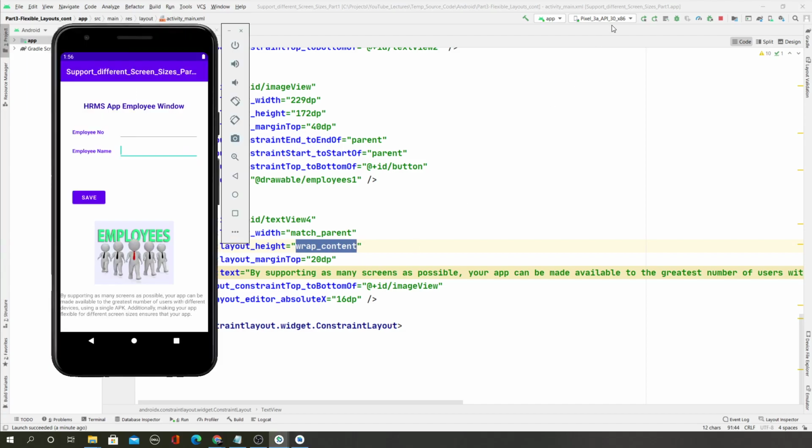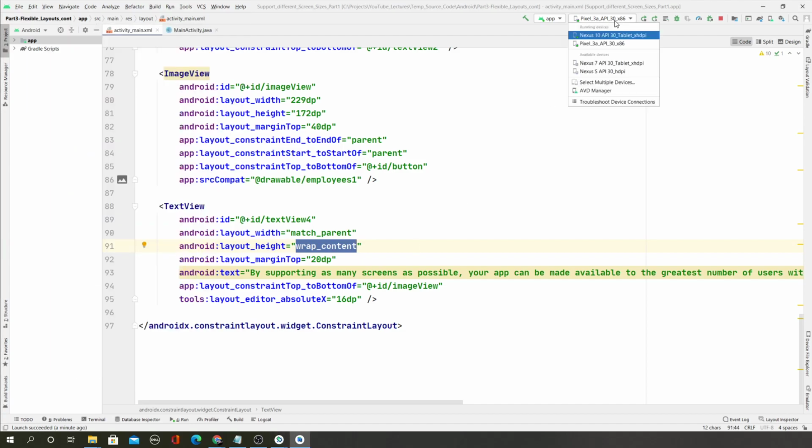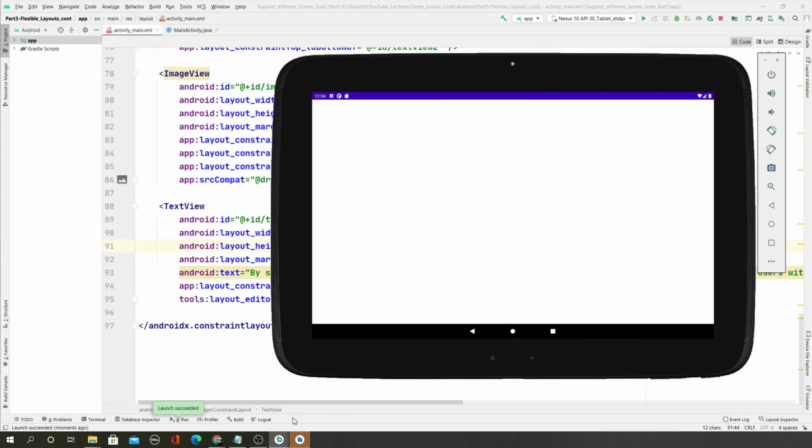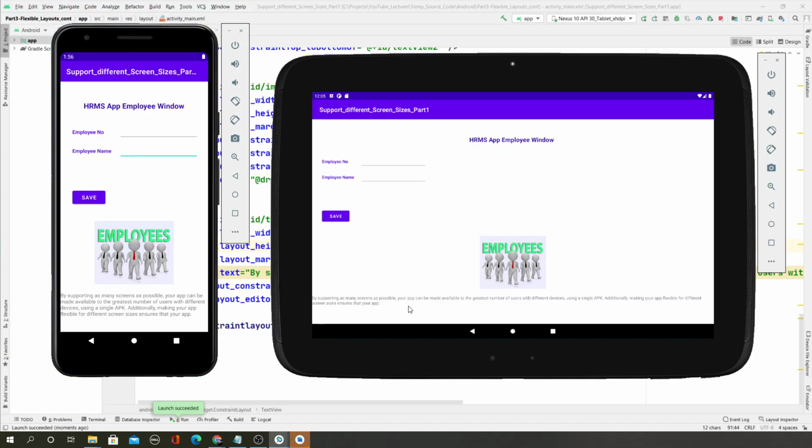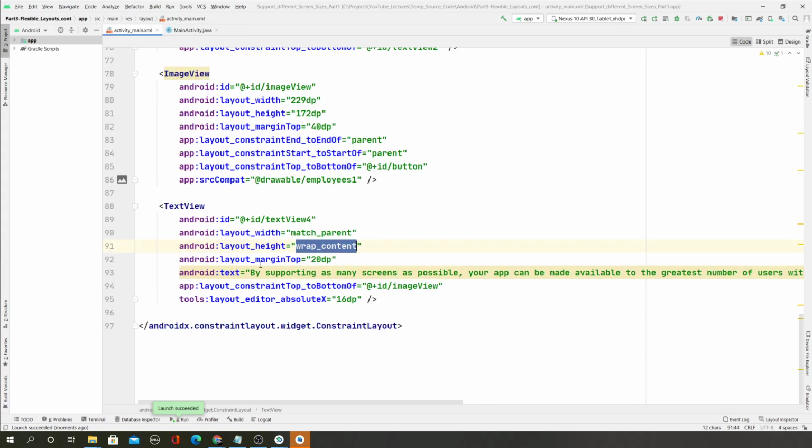And now when you run this with this technique on a different device, you will see that it will match the parent. As you can see, now the label content, because in the tablet it has a larger width, is matching the width, because you said the width is match parent.